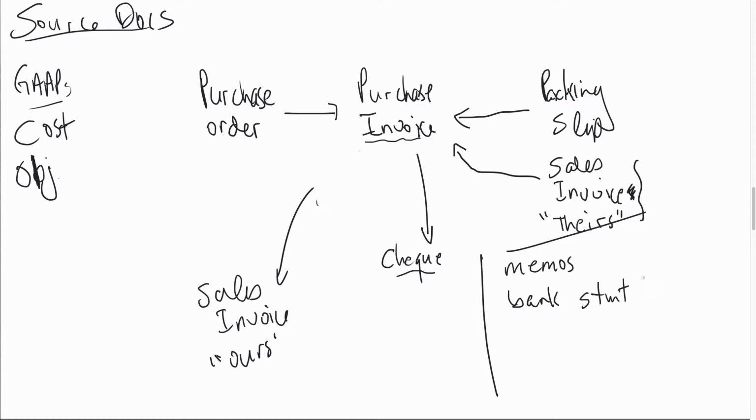So a bank statement or a verification of a bank deposit, sort of a bank receipt, and then on the sales side, receipt. There's also things like a cash sales slip or cash sales summary, that if you are a business that sells stuff for cash, at the end of the day you sort of have to keep track,